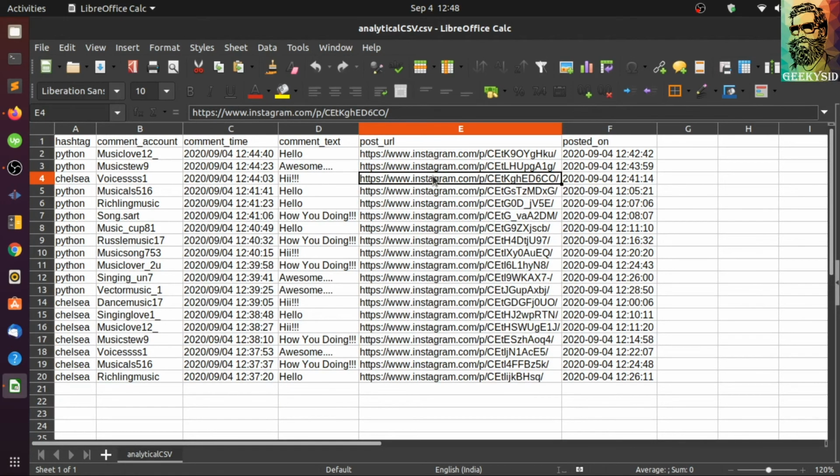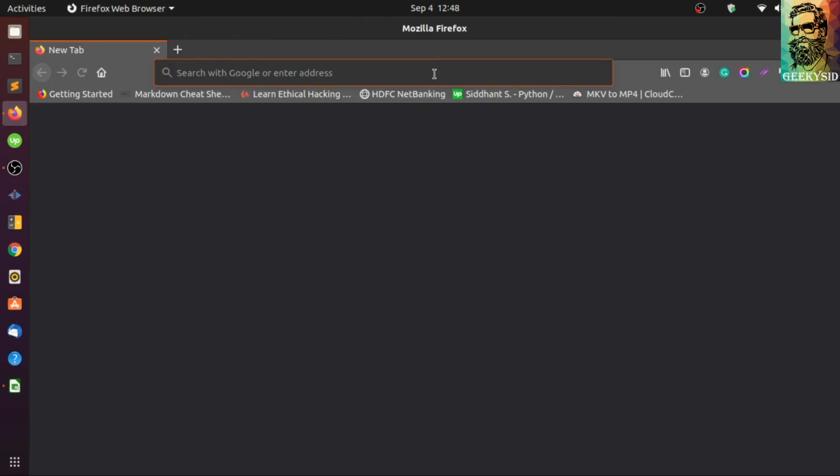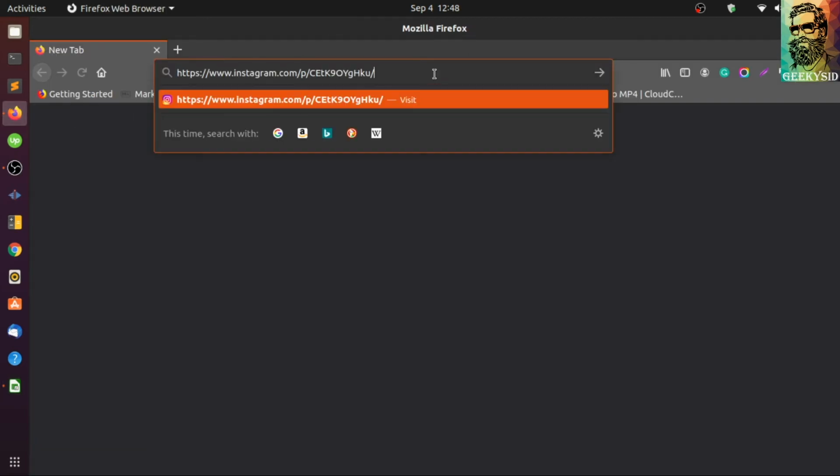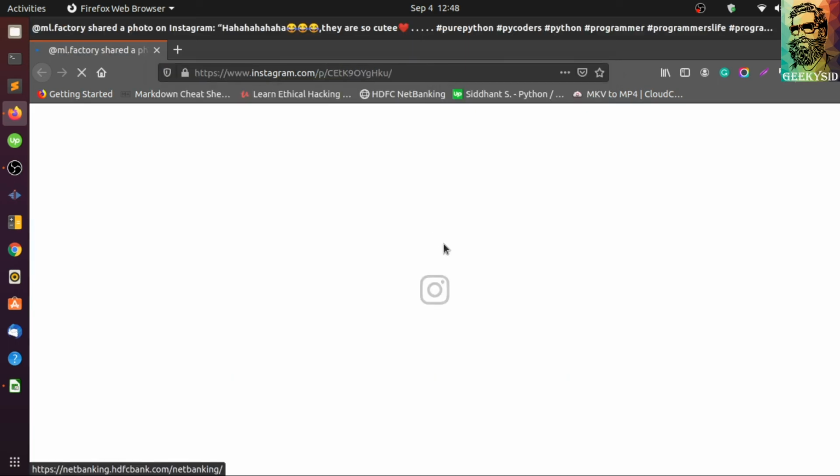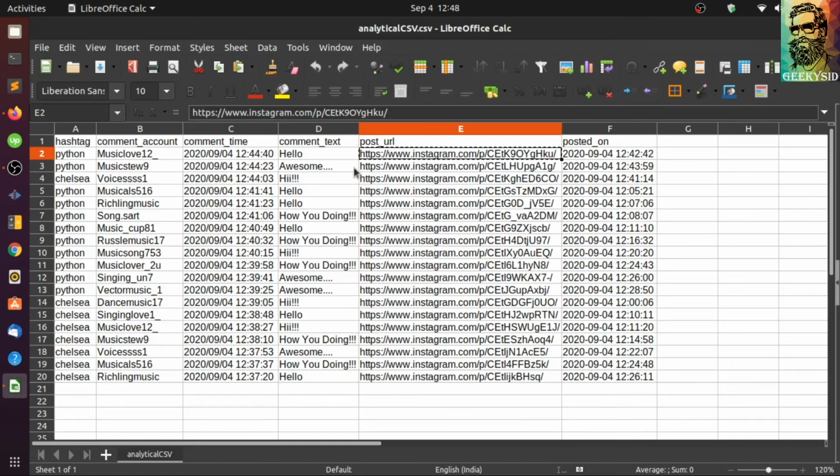Okay, so now in order to check if the comments were actually made, we will just open Firefox and go to this URL. Just going through one of the URLs to see if the comment was actually made on this post. So you can see over here the comment was made from the account MusicLove12 and the comment was hello.